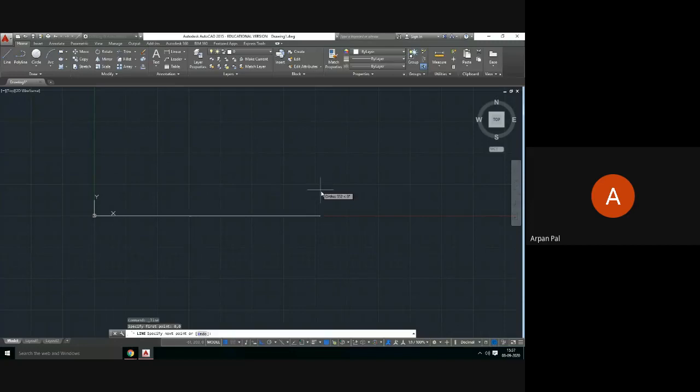And second coordinate point, whether you switch off the ortho mode or not is not the problem, suppose 100, 100. See what happens. That means AutoCAD easily understood what type of data you are giving as input, whether a dimension, the coordinates, or whatever.